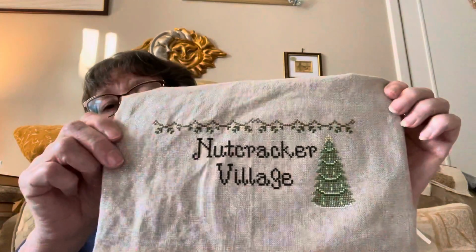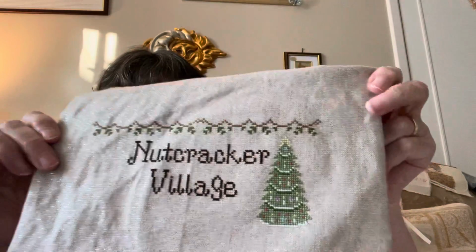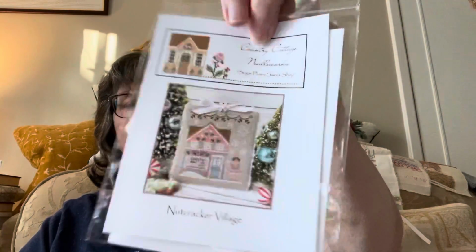What else do I have to show you? Oh, now we're moving on to my part works for this year. This is Nutcracker Village. I've not done any more on that since last time you saw it, I don't think. That's the first one. I've not got that out, I've put it away. But this is the second part that arrived. That was the second part, and it's Sugar Plum